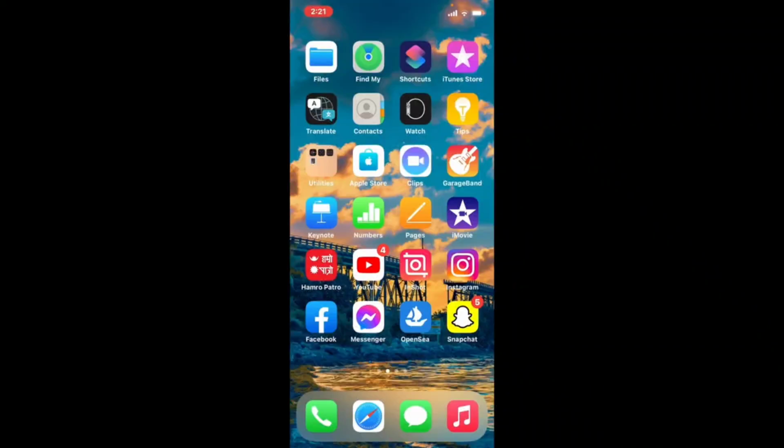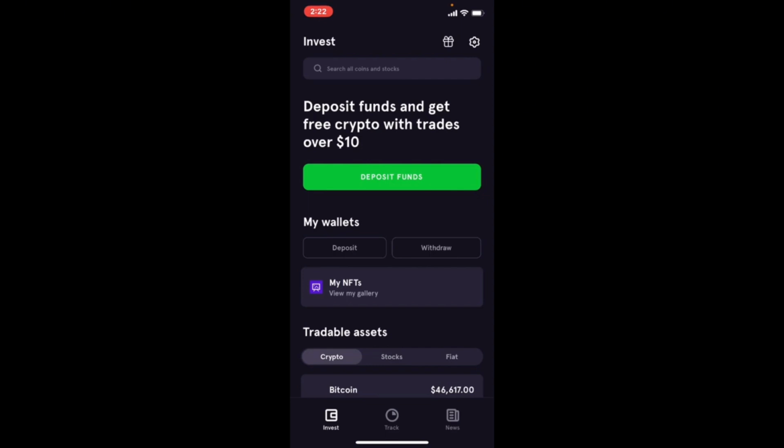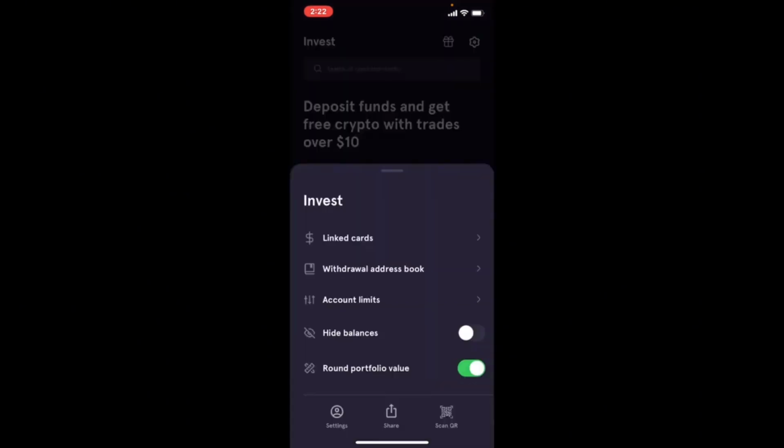How to log out of FTX Wallet using your iPhone. In order to log out or sign out of your FTX Wallet application using iPhone, first, make sure that you are inside the main home page. Once you're inside, tap on the gear button located at the upper right hand corner and tap the settings button